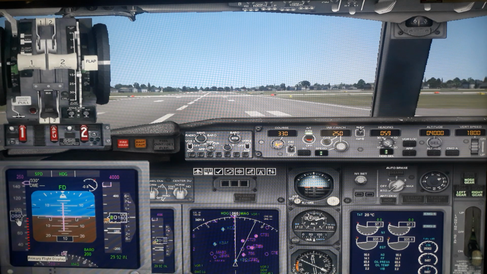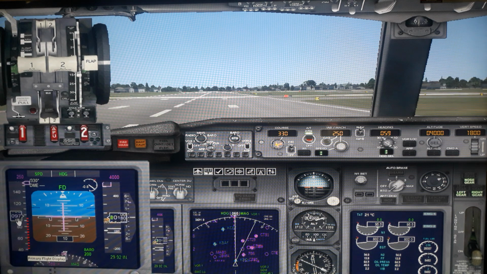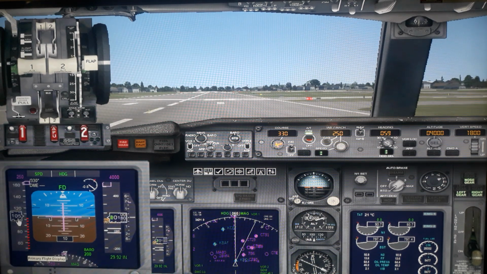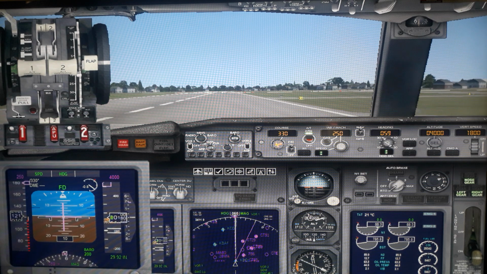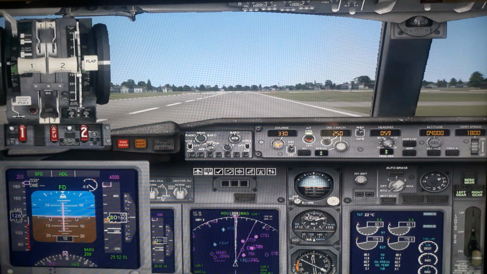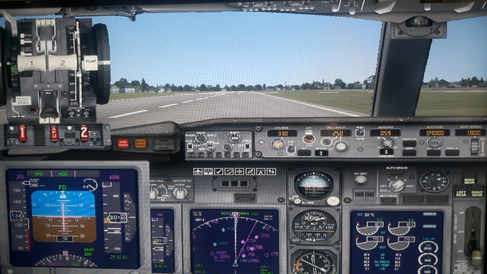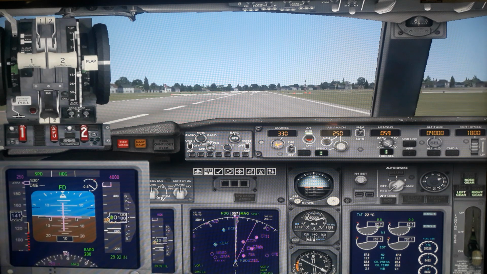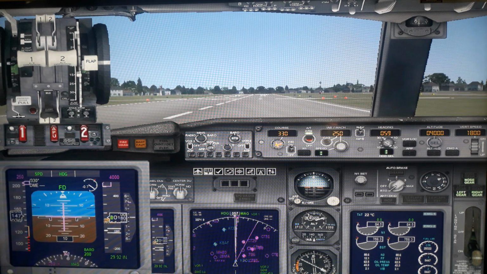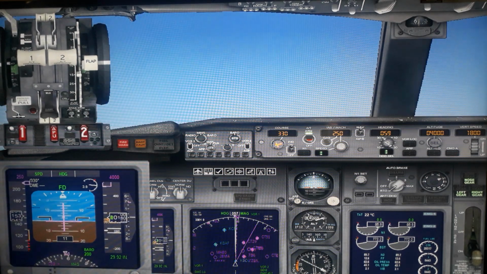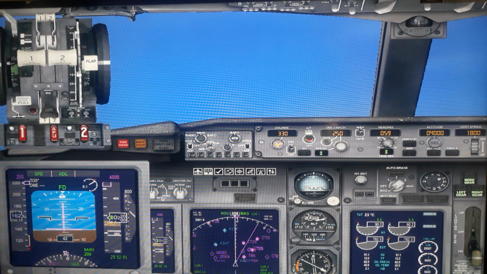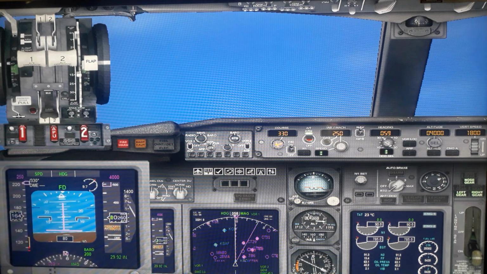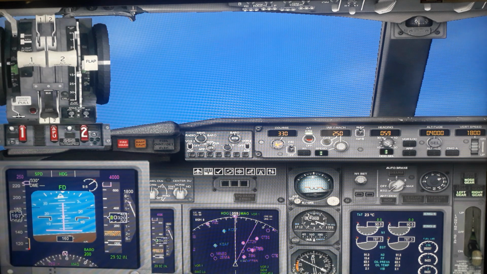I'm keeping in the center line. At 140 I will now rotate the plane around 15 degrees. This has to be done carefully, otherwise you can go into a stall of the plane.